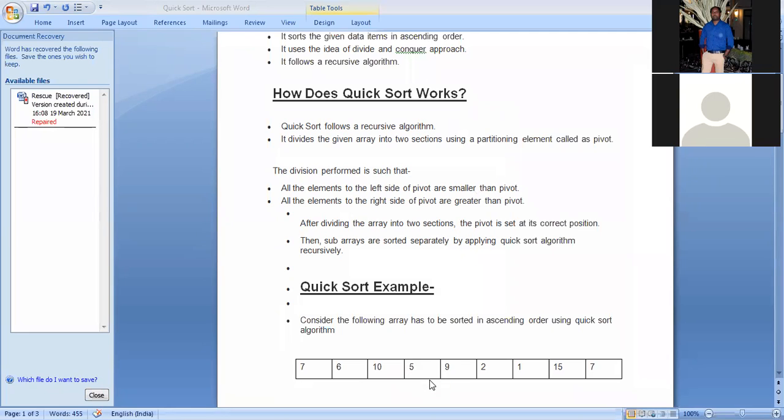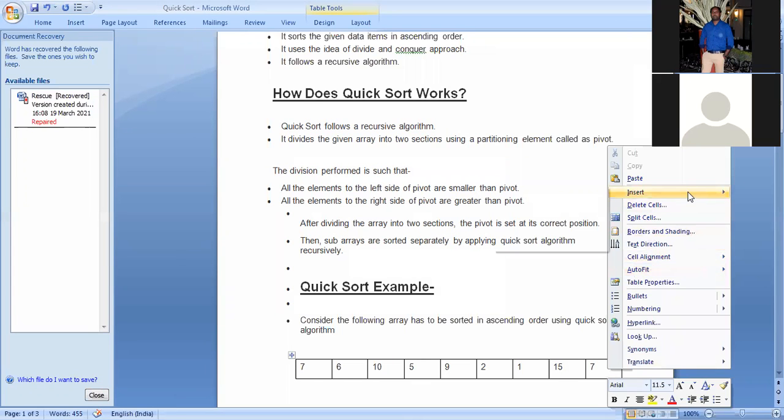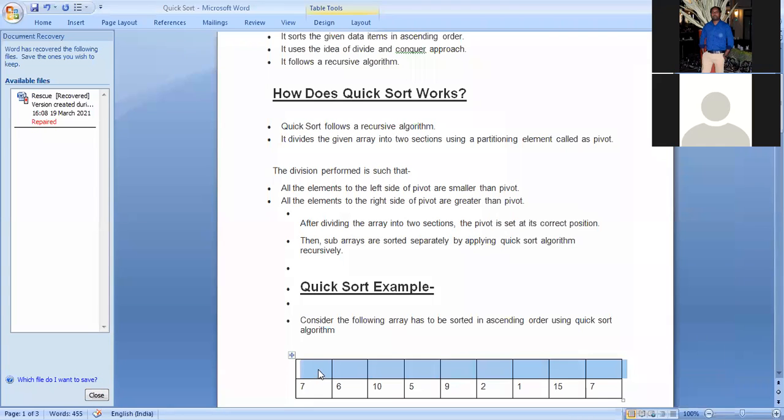Now we'll start. This one is the lower bound, and this one is the upper bound.